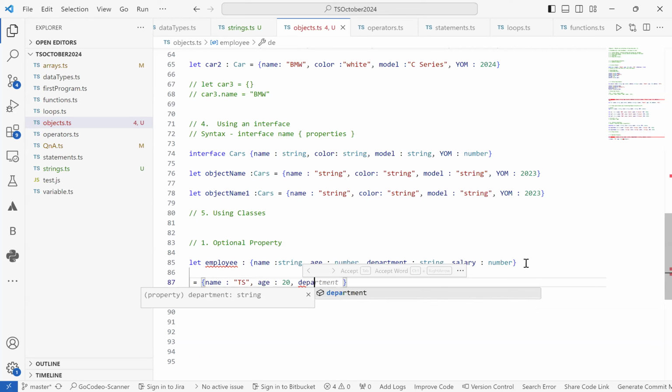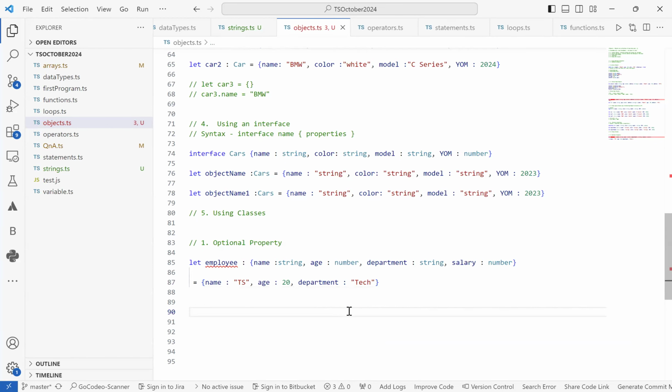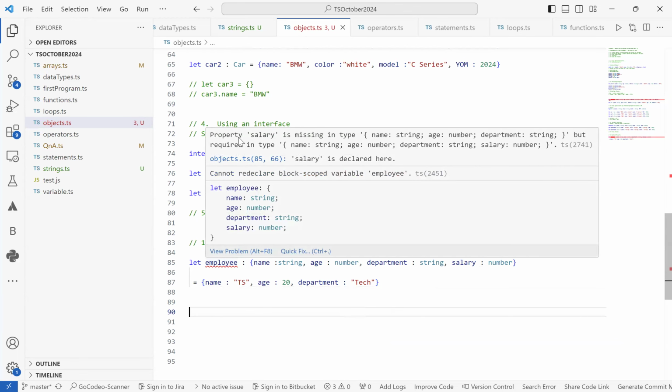Then department, I'll just mention it as, let's say, tech, which is the technology part, and then the salary. Okay, so what happened here is that if we do not define the salary, it throws us an error saying that property salary is missing, right? It is saying a property salary is missing over here, as we have defined a type object,